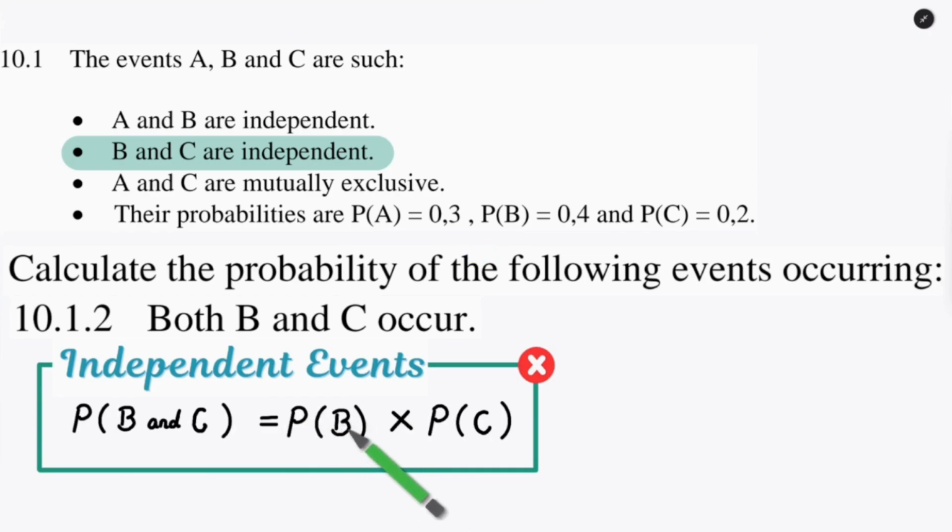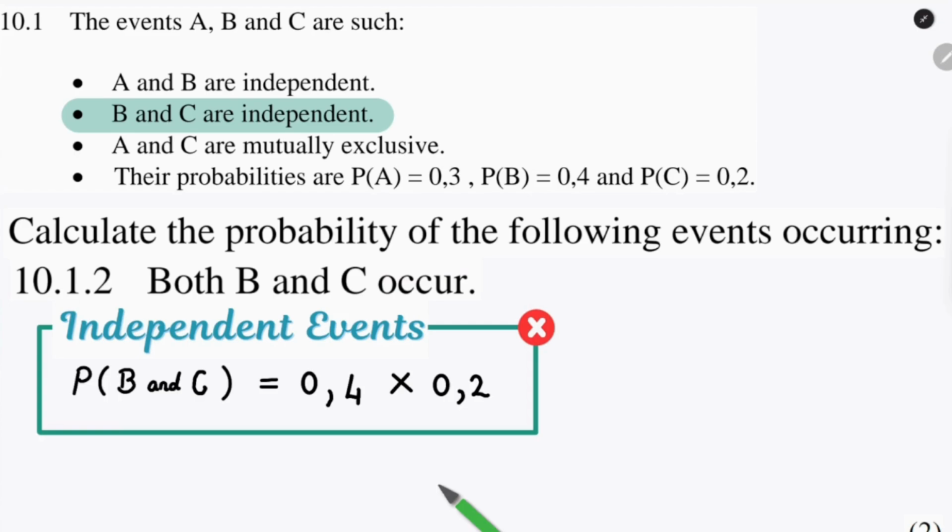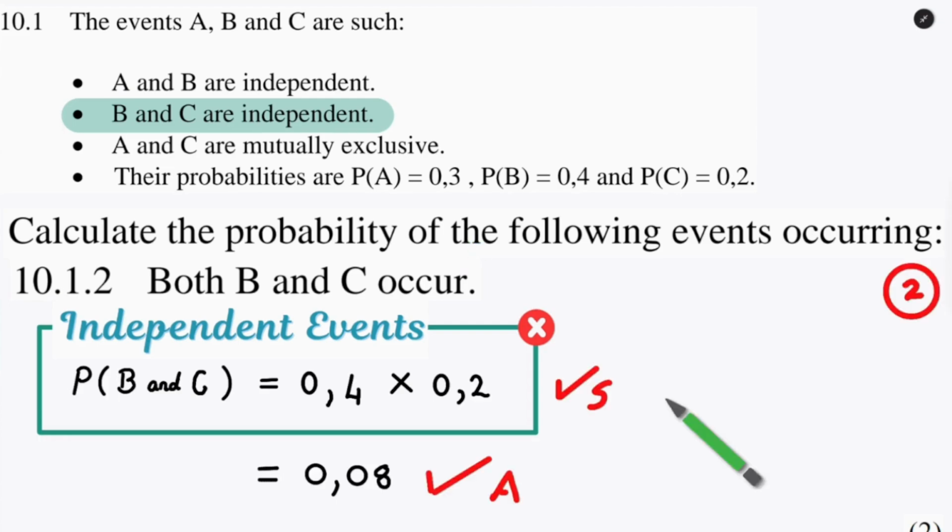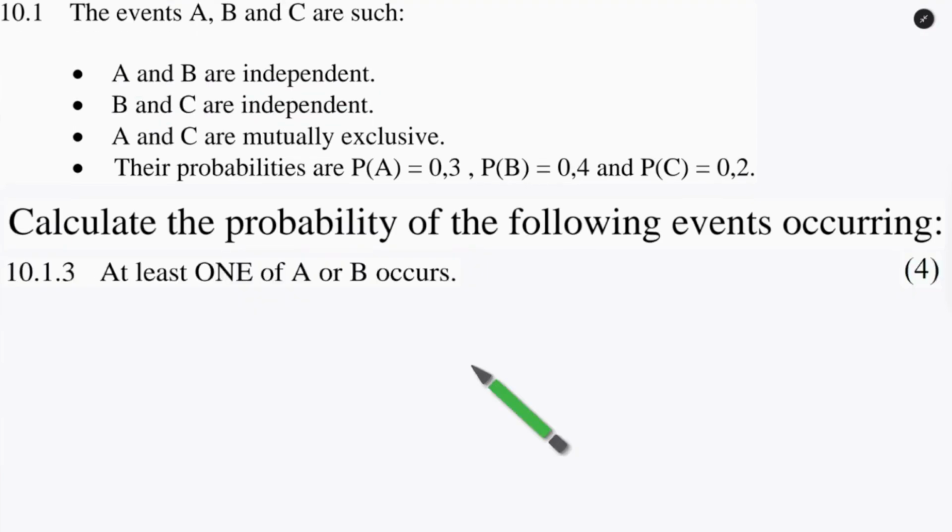Okay, so the probability of B is 0.4. So let's go ahead and change that quick. And the probability of C is 0.2. And then we can just pop that in our calculator, press equals, and we'll get 0.08 as our final answer. And your 2 marks come from substitution and answer, and bear in mind if you gave the answer only, full marks. And in 10.1.3, we need to calculate the probability of at least one of A or B occurring,